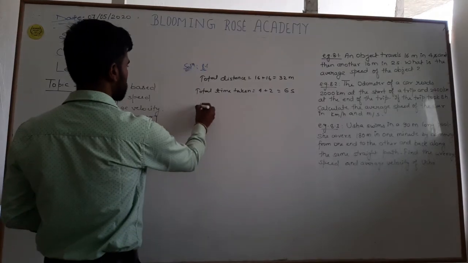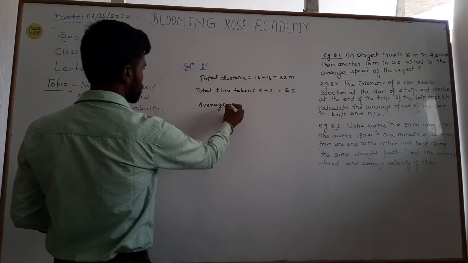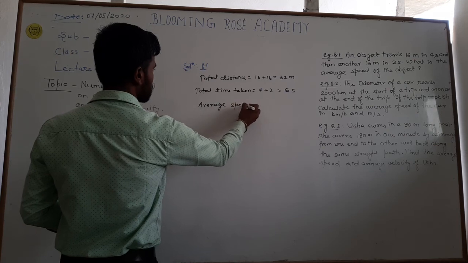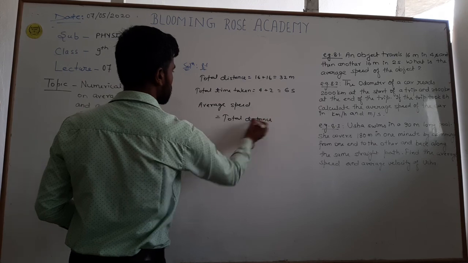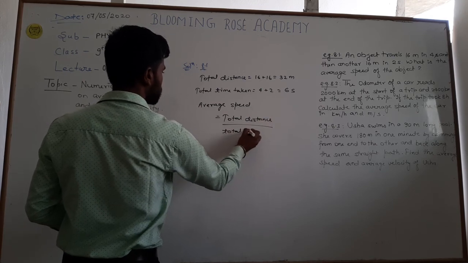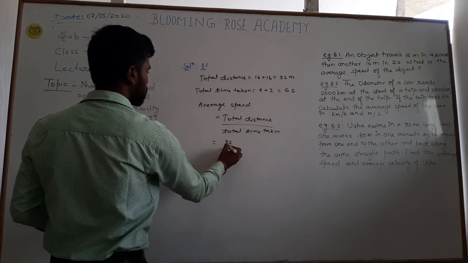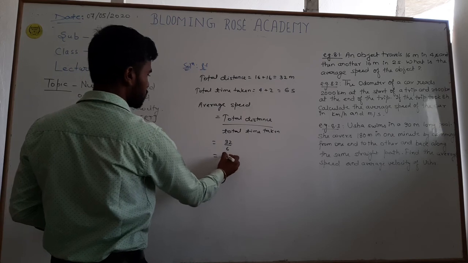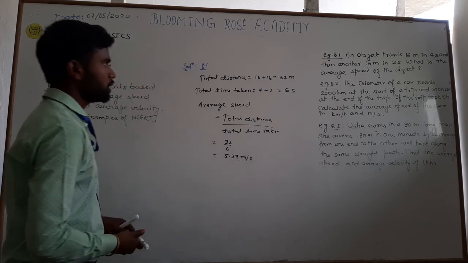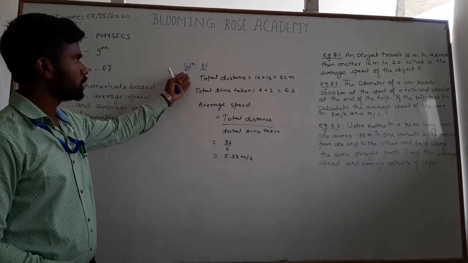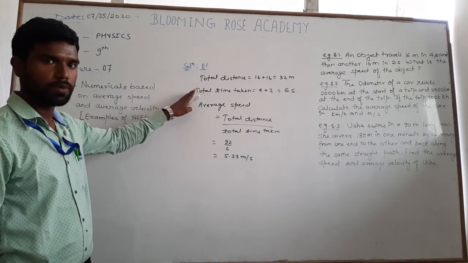Now average speed, the formula of average speed which we have discussed in the previous lecture. Average speed equals total distance upon total time taken. Here 32 upon 6, after calculation it will be 5.33 meter per second. Here is the solution of first example 8.1. Now we will